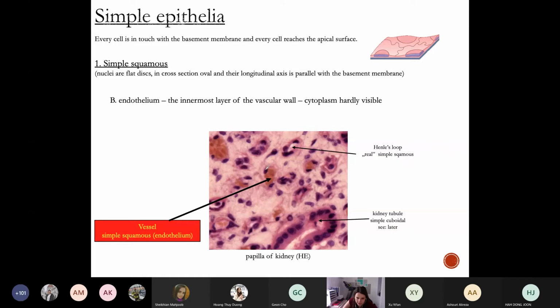Okay, so here you can see the nuclei. The nuclei are usually also flat, but they can protrude inside or towards the lumen a little bit. Okay, so these would be the nuclei of the two endothelial cells which build the wall of this given vessel. And there should be a very, very thin layer of cytoplasm. Of course, all cells have cytoplasm, but it's so thin that it's not really visible, so we can only